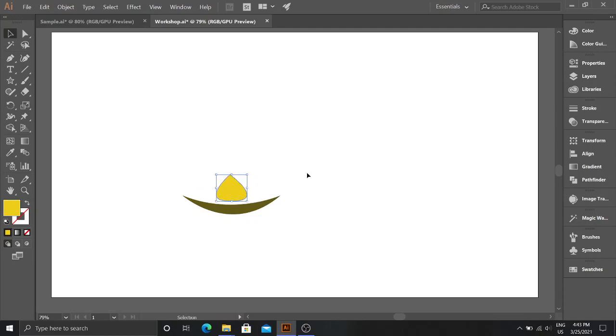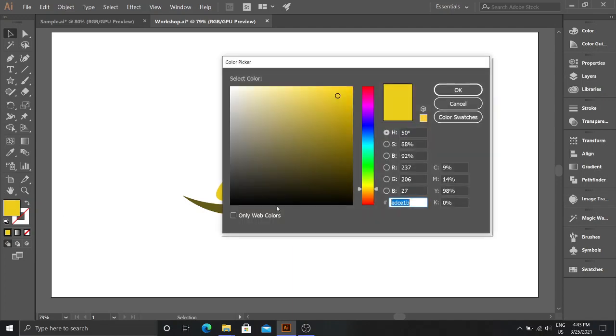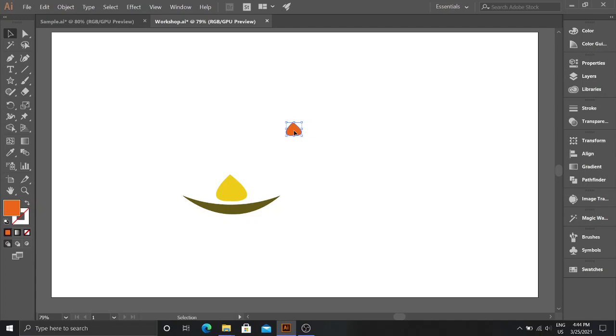Now what we can do is we can also duplicate shapes. So this shape selected, hold down left alt key and drag it out like this. So this is a duplicate shape. You can change the size of it and also the color like this. Drag it out here. So there you go, you got a lamp.